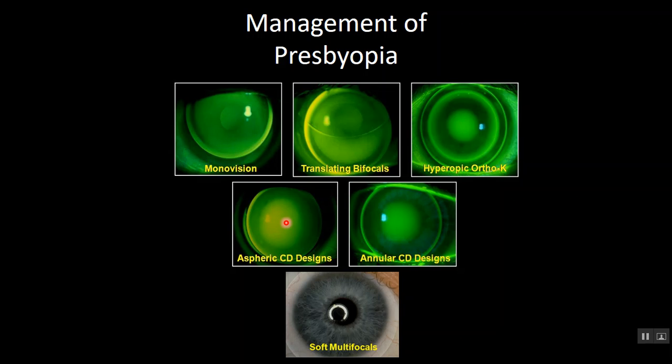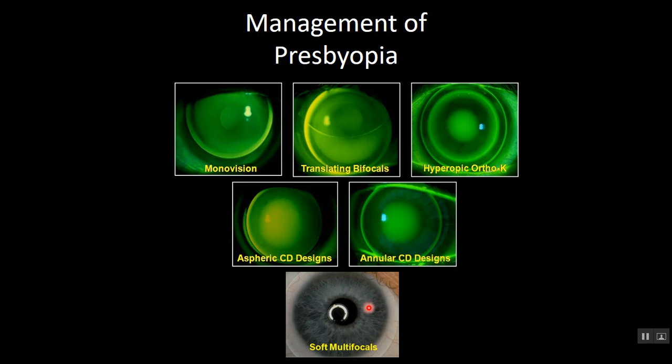Aspheric multifocals dominate the market. So you have multifocality from center to periphery to provide the patient with simultaneous vision or with some minimal amount of translation. Then you also have annular zones where you may have near in the center or distance in the center, and then toward the outside you have your opposing